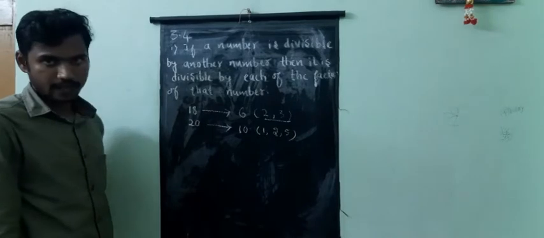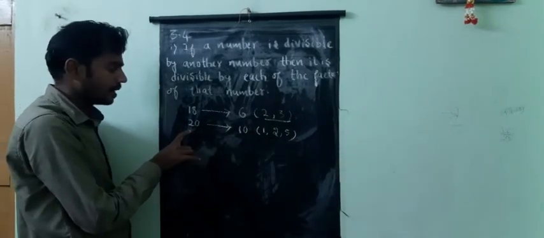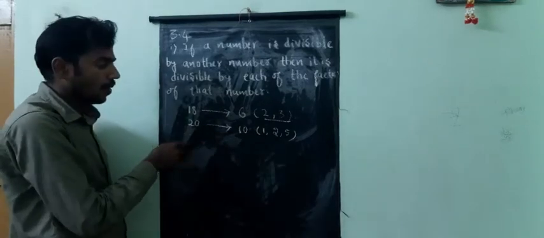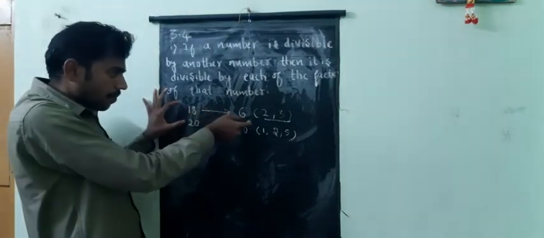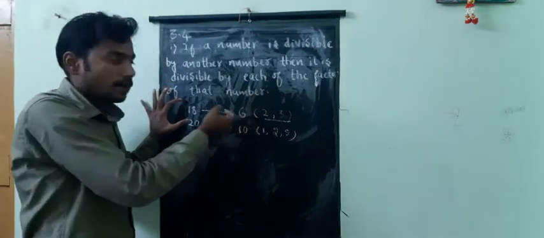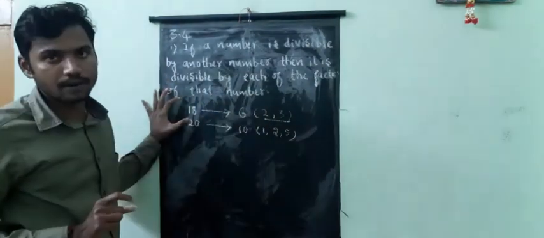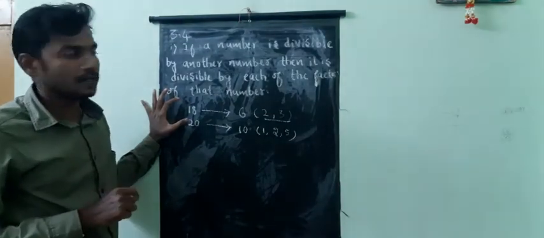Does 1 divide 20 exactly? Yes. Does 2 divide 20 exactly? Yes. 2 tens are 20, 5 fours are 20. So what we can conclude is, if a number divides another number, then the factors of that particular number will also divide the given number. This is one more property, or one more divisibility rule. Please note it down.